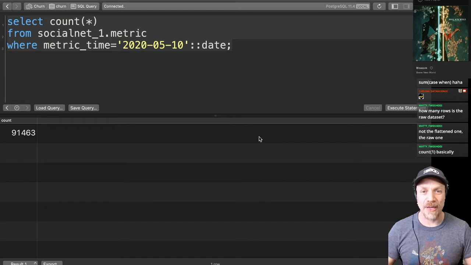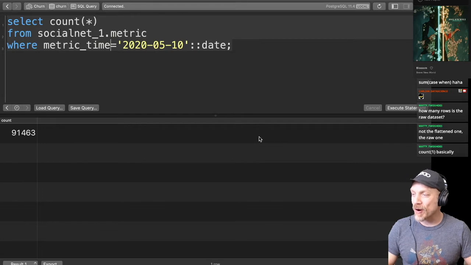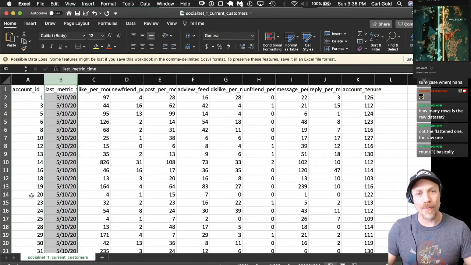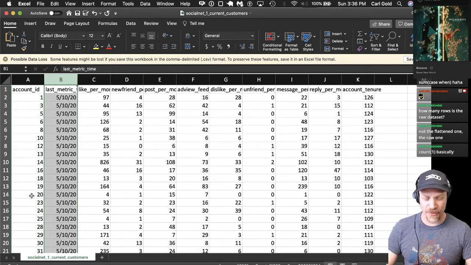91,463 would be the number of rows in the tall table for that metric, right? So 91,463 metrics available for that date, and then we flatten it to around 11,000. So about 9 to 1. Kind of makes sense. It's not exact, because another thing to note about this query is that we're filling missing